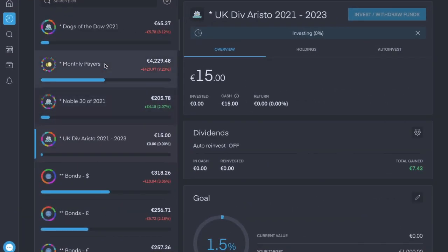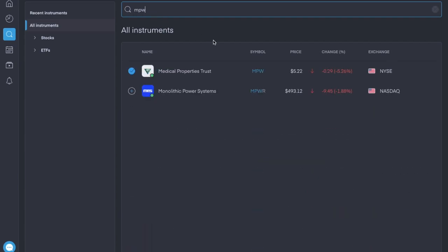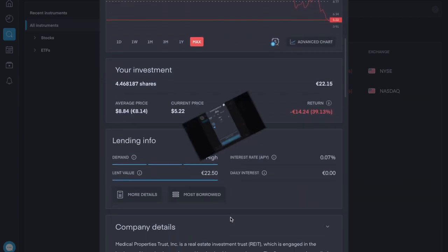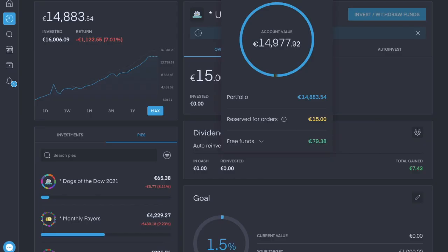I'm also going to put, I think, €25 into Medical Properties Trust because it is being absolutely hammered, and I'm about 40% down. Yeah, look at that, absolutely wrecked. Actually, €20. I think €20 is acceptable. Just over 4 shares. So after that goes in, I'll have about €79 left,